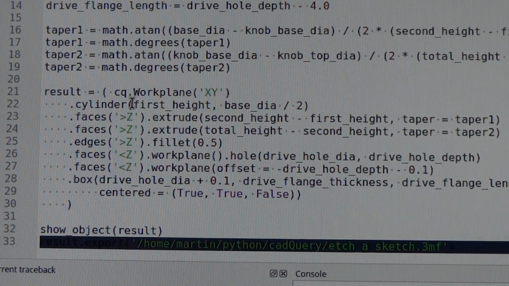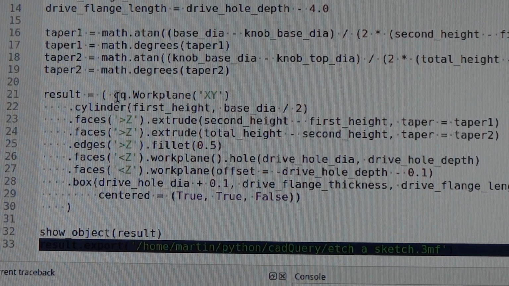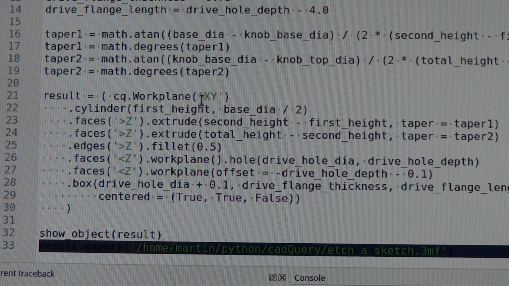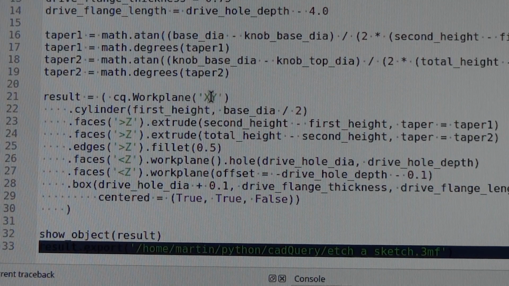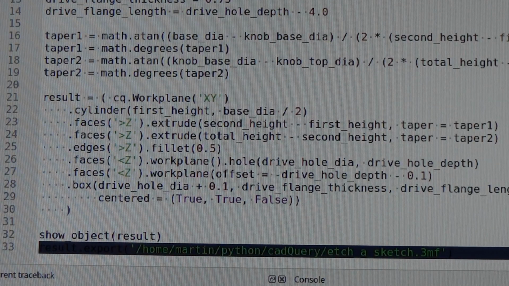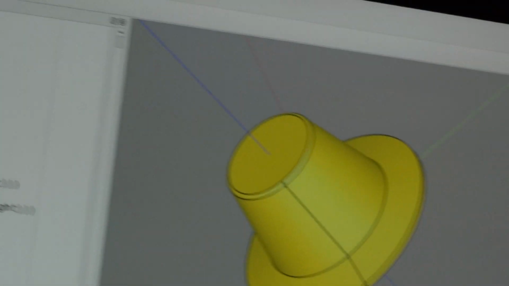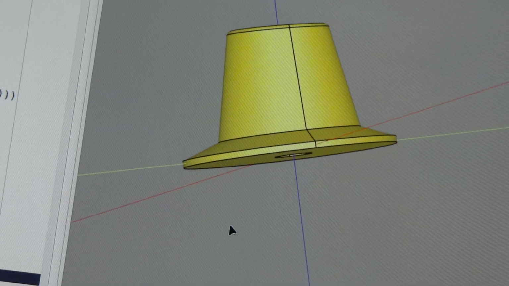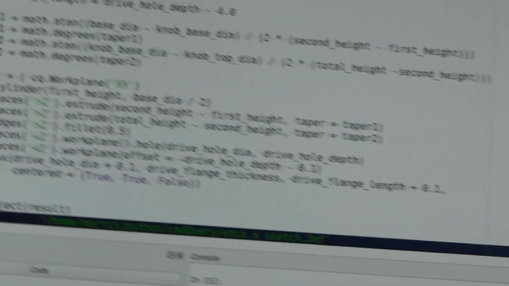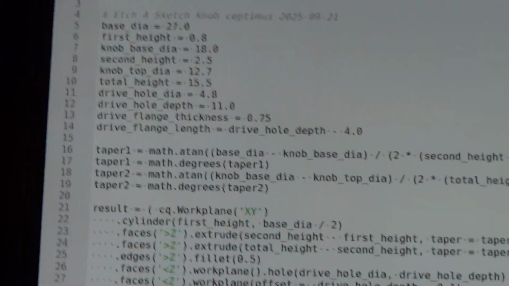So it's saying CadQuery work plane XY, the XY plane, and I want a cylinder. That's the very bottom bit here, the little flat bit. Whoops, I'll turn it around so you can see it. You see the very base there, that's actually a cylinder. So you start with a cylinder,